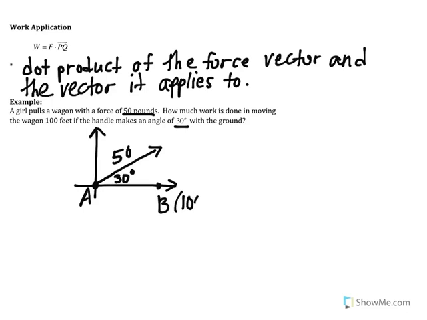100 feet away. So I'm going to call that 100, 0, because we want that value there. And then I'm going to put a little dotted line, to get a right triangle going. So we can make that vector AB. Our force is going to be like what we did with the other application problems. We're going to use 50 times cosine 30